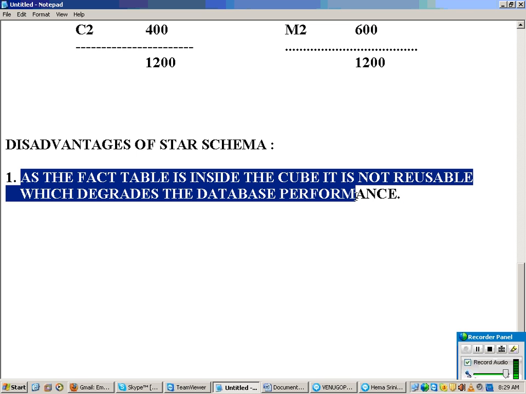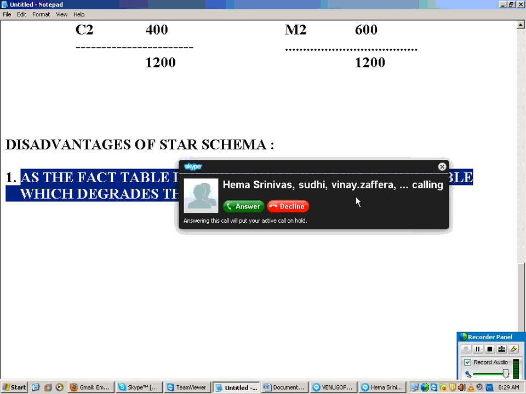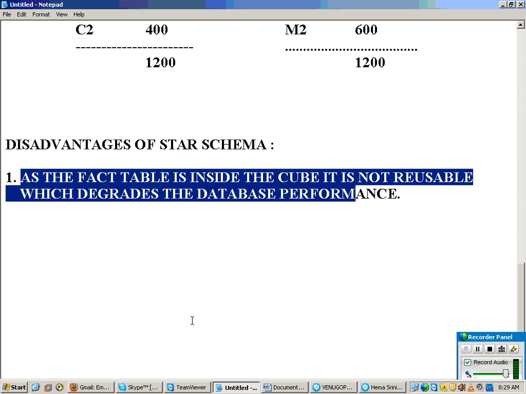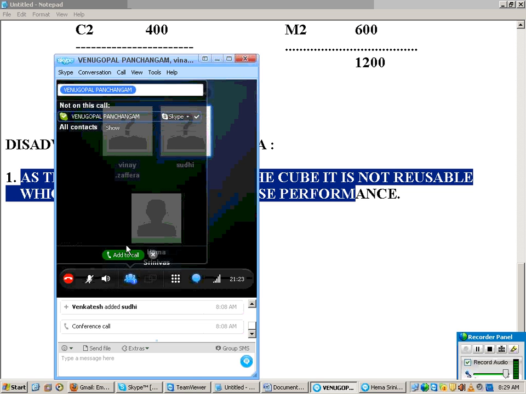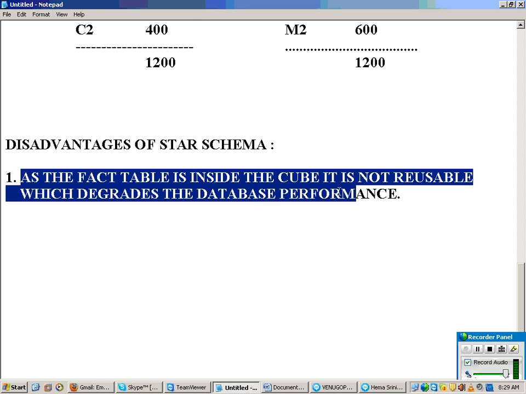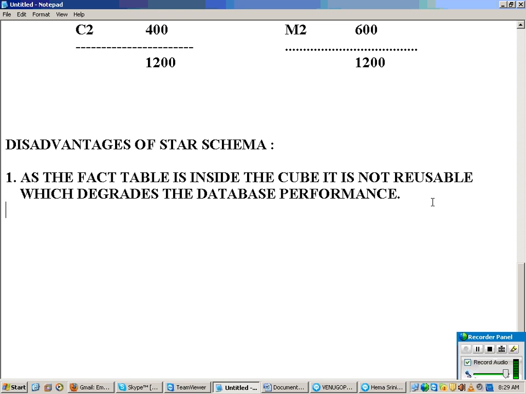So as the master table is inside the cube, it is not reusable, which is going to degrade the database performance. Clear now? The first major drawback with star schema design. Okay, then the second one.